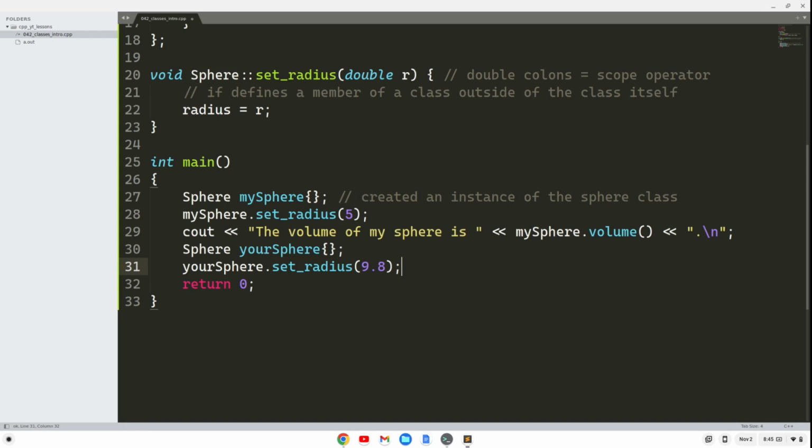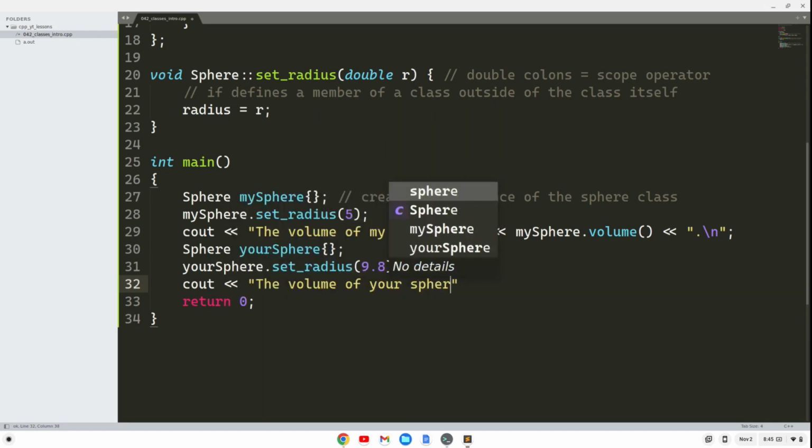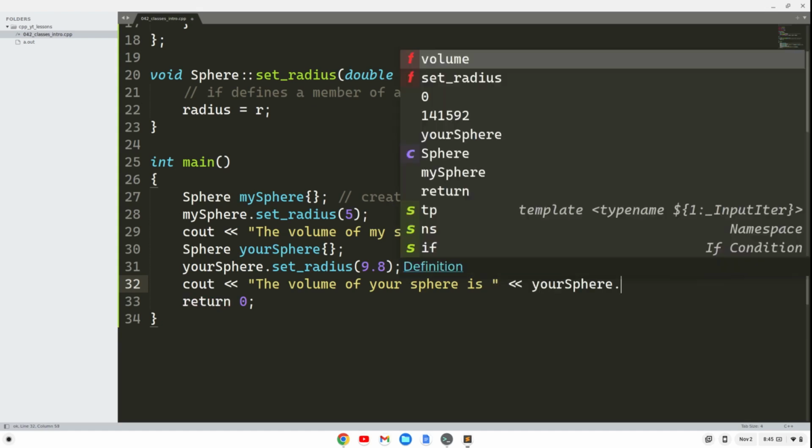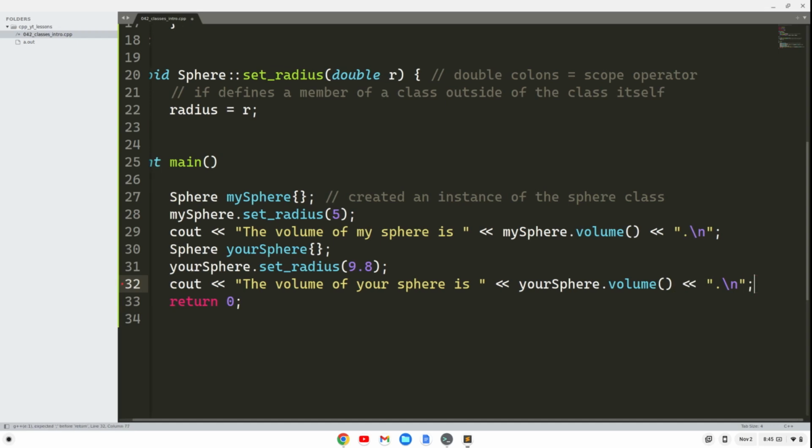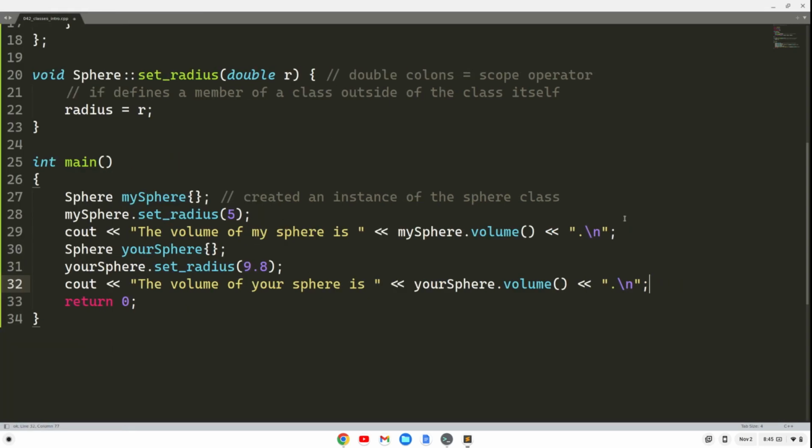And now we can also use this to output the volume of yourSphere. So we can say the volume of your sphere is, and then we're going to do yourSphere dot volume. We need those open and close parentheses there, and we'll do period \n there. Okay. And let's just close out the sidebar so you can get a little bit better view. We'll save the file,